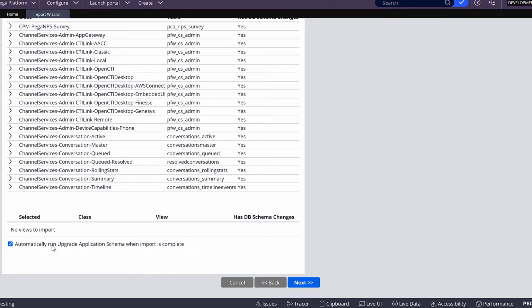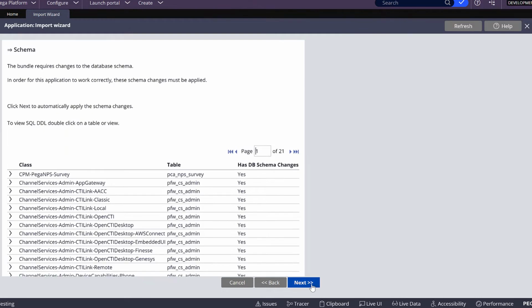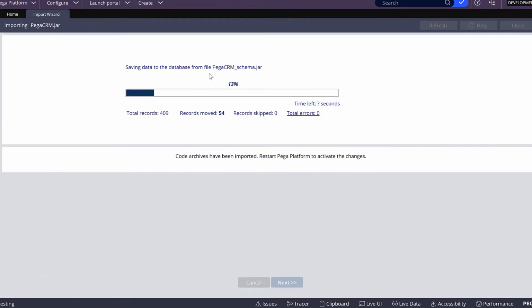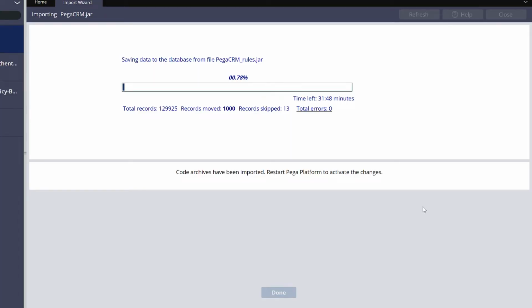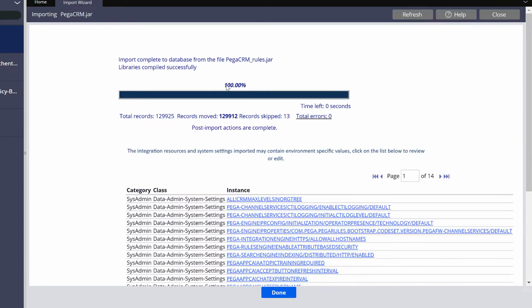Select the checkbox to automatically run upgrade application schema when import is complete. Click Next. Saving data to the database from the Pega CRM schema jar file. Once it's completed 100%, click Next. Import aged updates. Click Next. Once it is completed 100%, click Done to close this wizard.